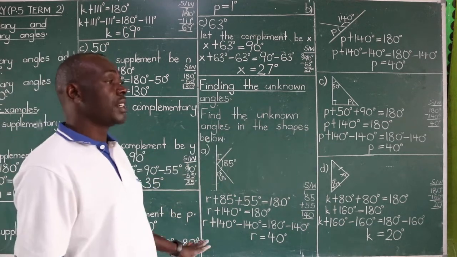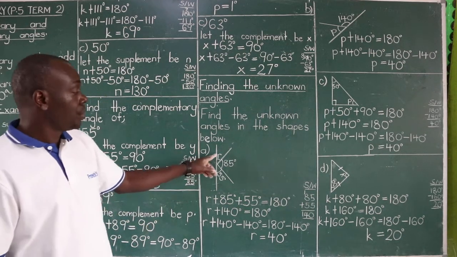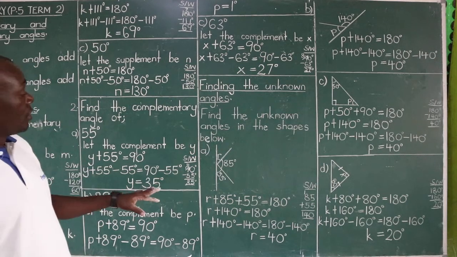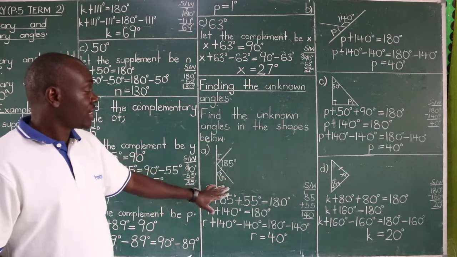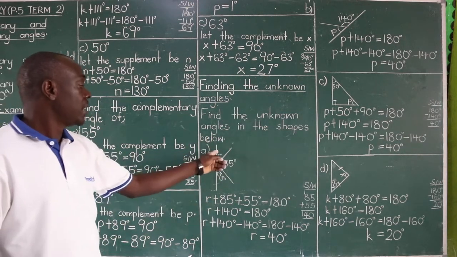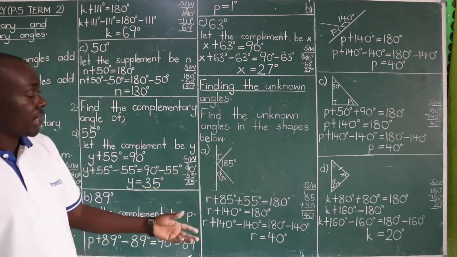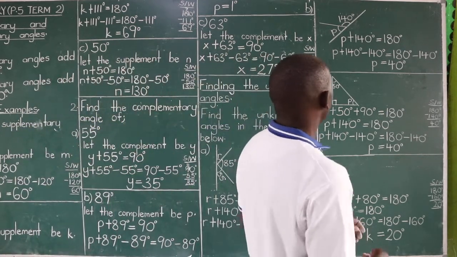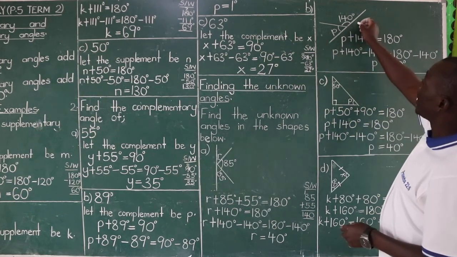So angles on a straight line add up to 180 degrees. So what I'm asking, which angle property do we use to find the value of R? You say angles on a straight line add up to 180 degrees. They are all subjected to this straight line, and we add all the 3 angles to 180 and then get our value as 40 degrees. So the same is applicable at part B, find the value of P, and now it's